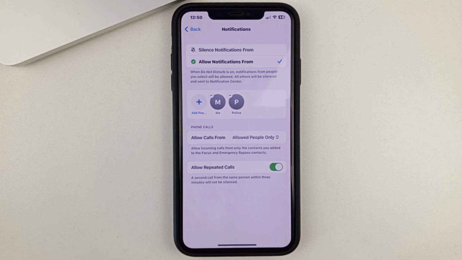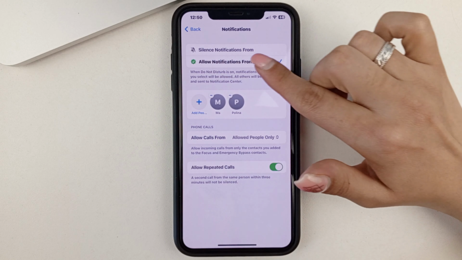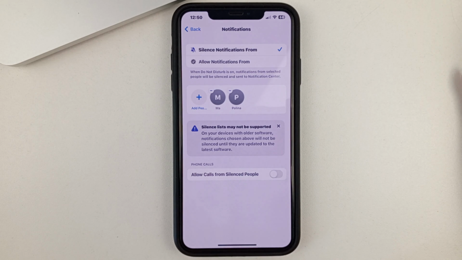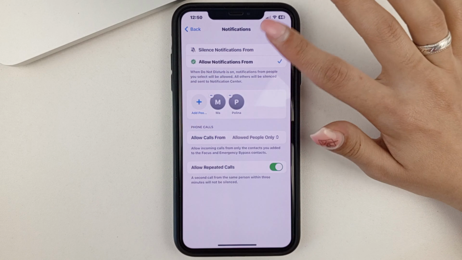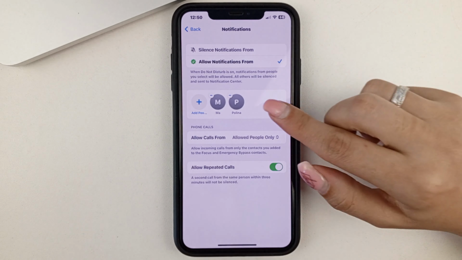Once you've gone to Do Not Disturb, here you can customize, for example, the people who will still be able to call or text you when you enable this mode. You can, of course, choose to have absolutely no one bother you. Like this. Or you can choose to be disturbed at least by someone, for example, by a call or an SMS.